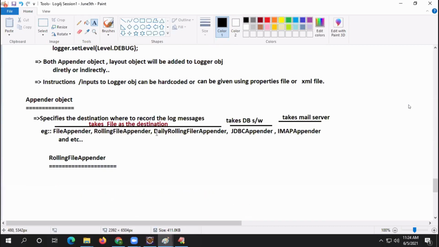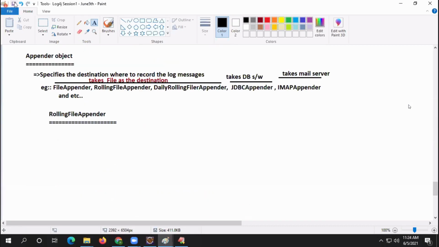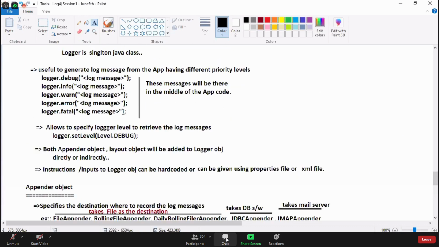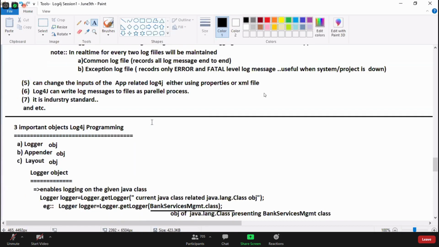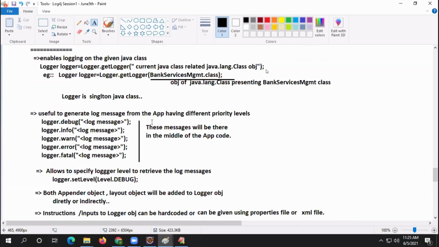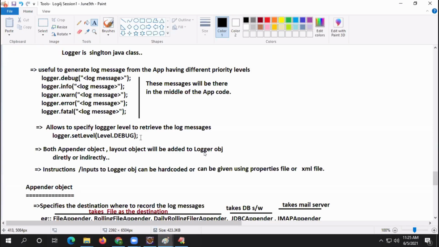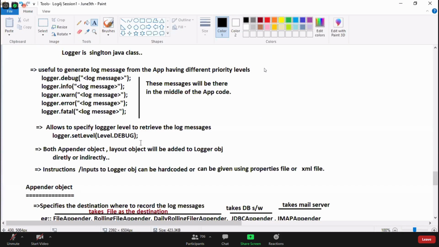Attitude problems. Okay, fine. Rolling file appender, I didn't start coding. Are you feeling heavy? The logger object story, are you feeling heavy? We can do this, like this we can enable, like this we can write log messages, like this we can specify the logger level.